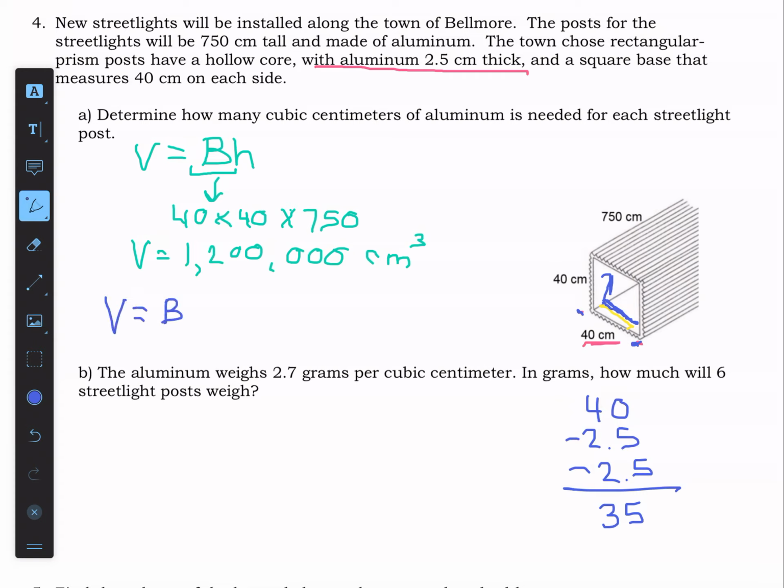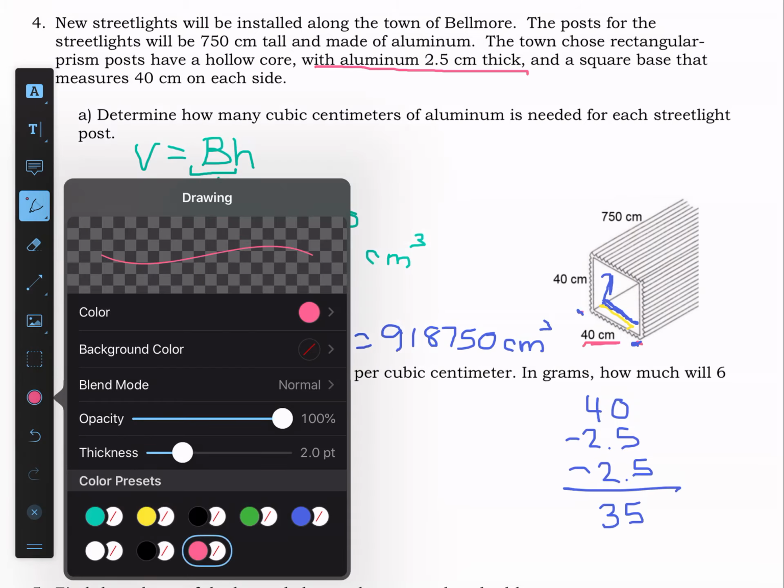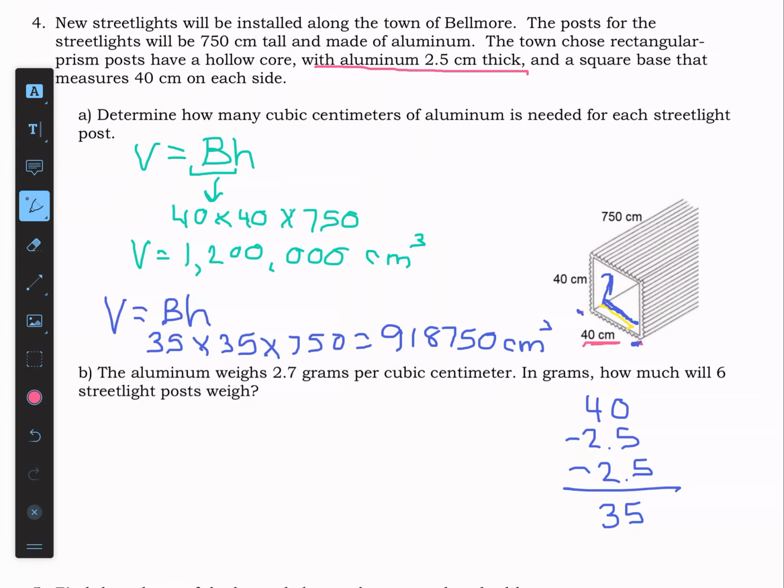And that gets me 35. So that 35 is the length of the hollow part on the inside, which is also the same as the width because it's a square. So now I'm going to get the volume of the inside part. That is base area times height. The base again is a square, so it'll be 35 times 750. And when you type that in your calculator, you should get 918,750